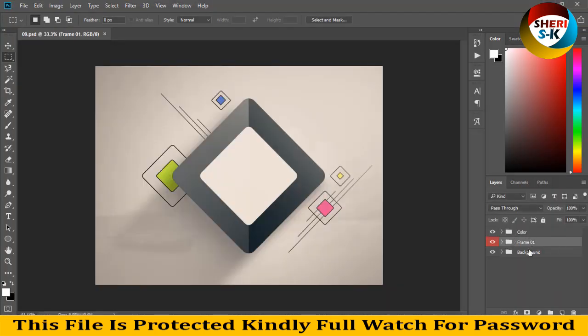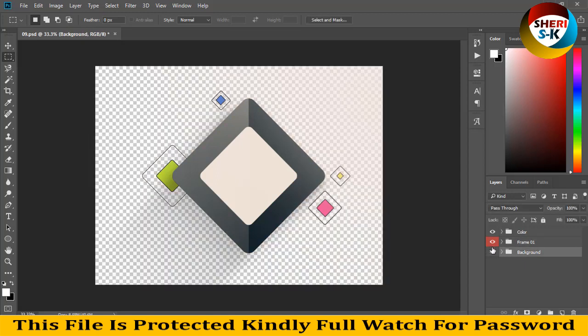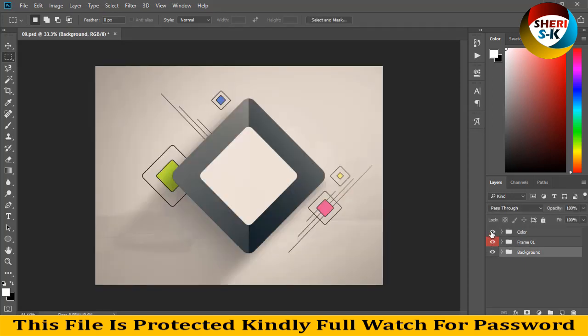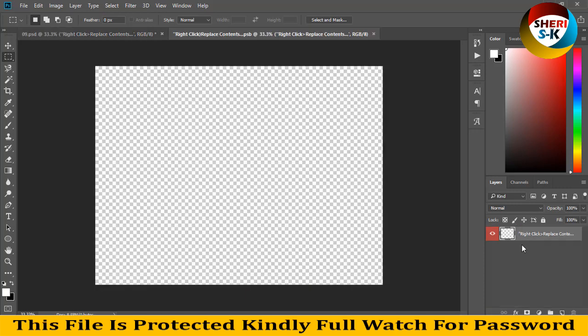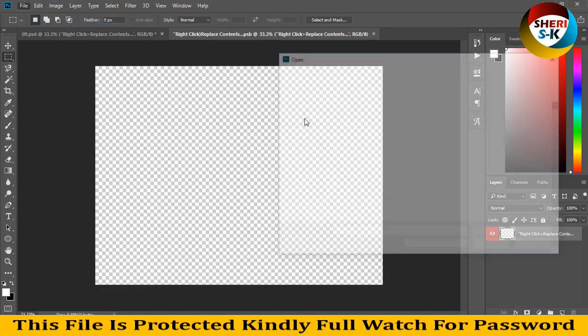and you see here in the layer area, here is background, and here is frame, here is color. So you can adjust your own color, your choice. So I untick the color folder and extract the frame. Here are two options. One is here, just import your photo, and you can adjust your own or manual. First I click here, import photo, and